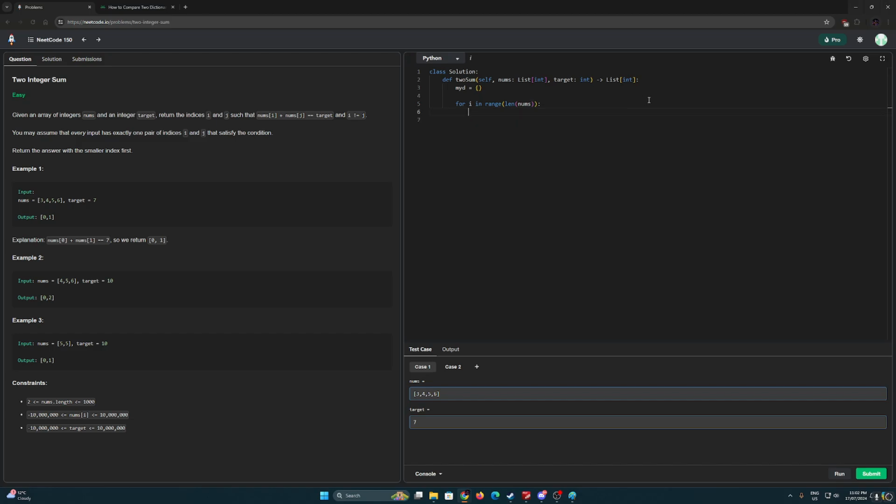I'm going to do if target minus nums I is in the dictionary, my D, I'm going to return, what do we want? We want the small index first, which will be the one that's in the dictionary because we're looping over it in order. So we will do